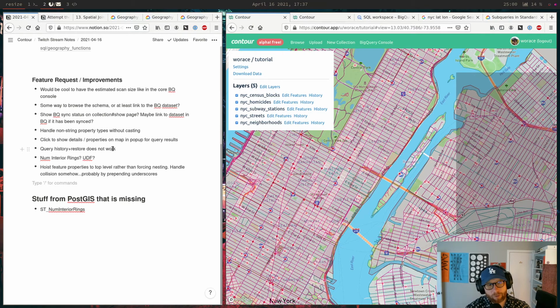Oh, and then the types would be a big one too. The types are tricky because in BigQuery everything has to be a homogeneous type. Each column has to be homogeneous, and in my thing I don't necessarily enforce that. Like in Contour I don't enforce a rigid schema. So I'm going to have to handle that somehow by upcasting things as necessary to find a common parent type, when they have to. So that'll be interesting. But for things that don't have mixed type, I think I could do it and it would be good.